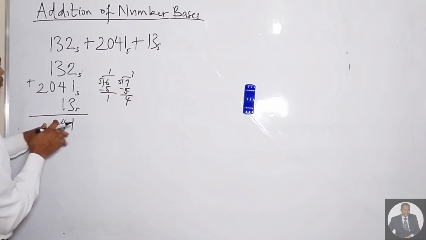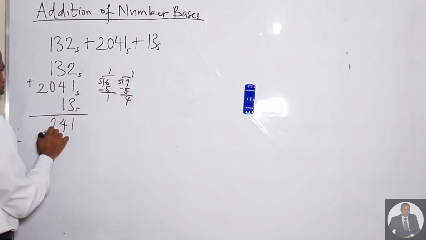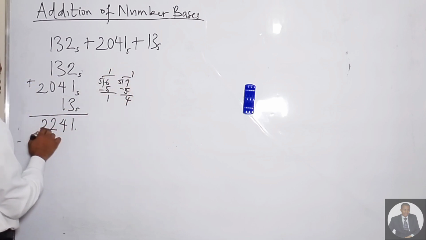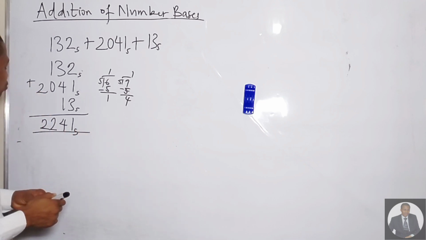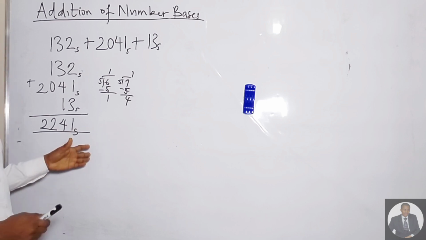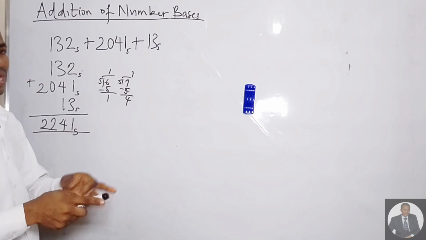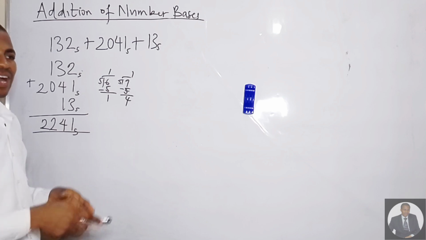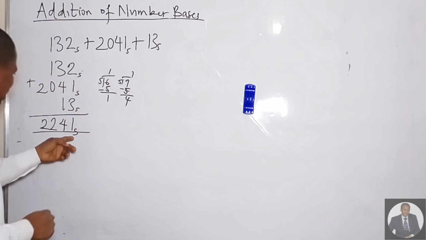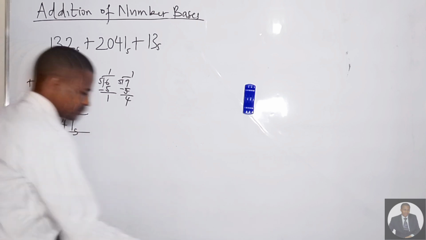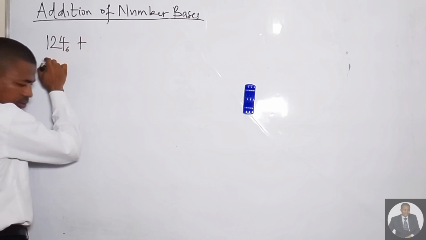Then 1 plus 1, 2. We can write 2 because it's less than 5. Then 2 again because it's less than 5. So as a rule, we cannot write a number that is greater than the base under which we are adding. The highest of the numbers we can write in a given base must be at least 1 less than that particular base. Let's look at 124 base 6 plus